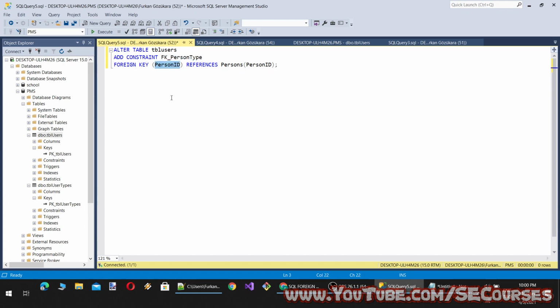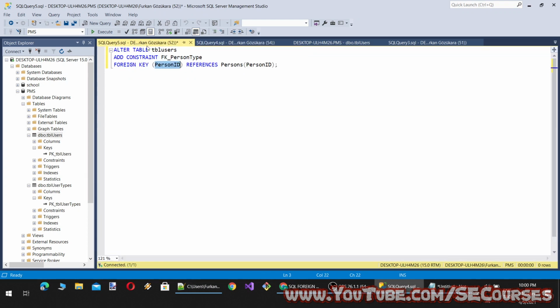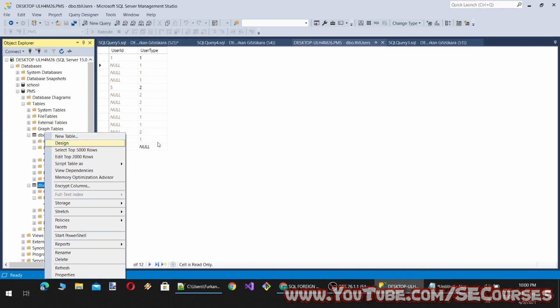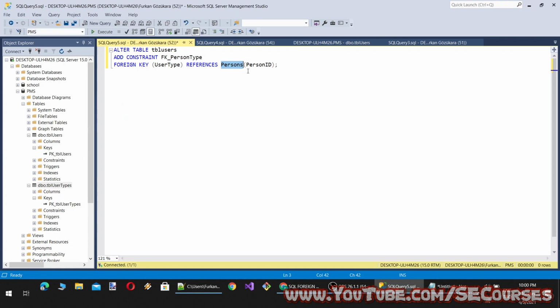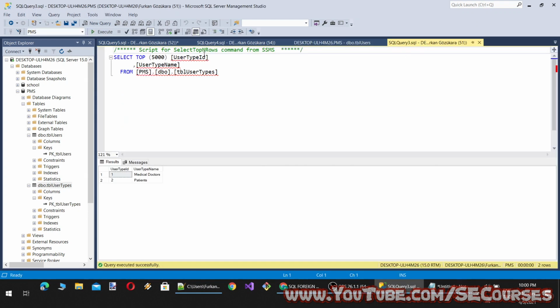And the foreign key will be on user type, references TBL user types, and which column it will be referencing: user type ID.